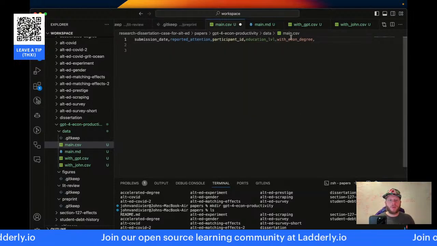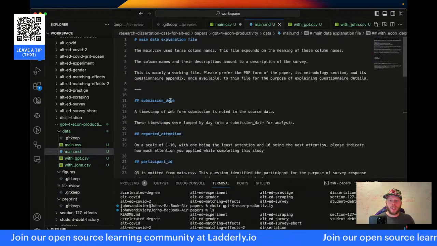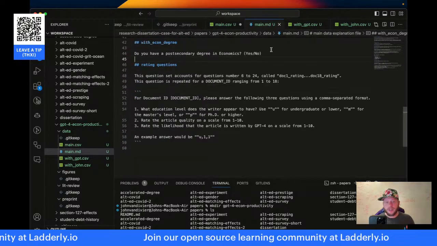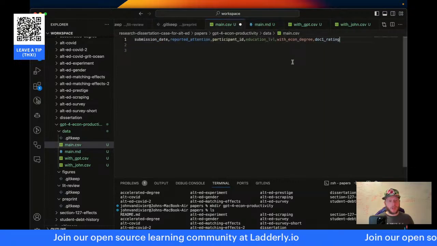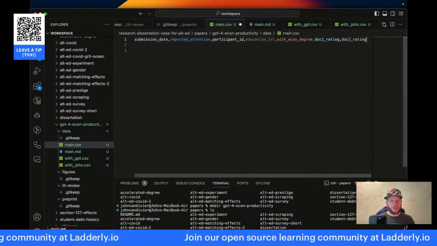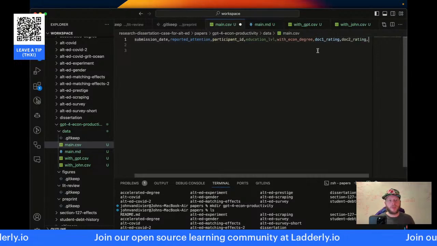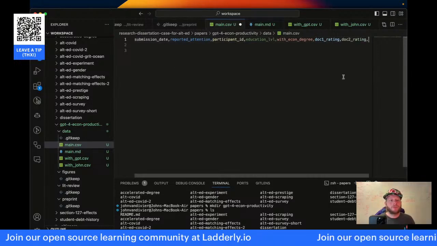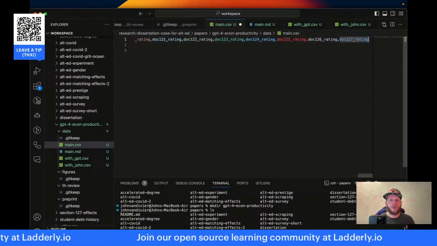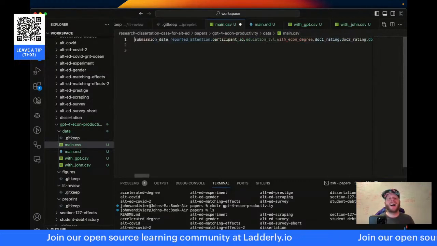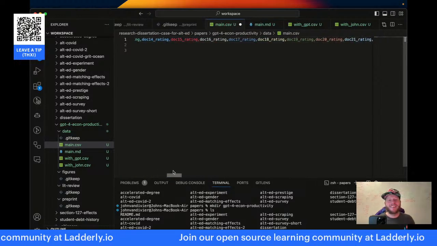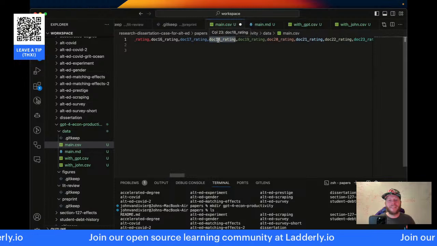1, 2, 3, 4, 5, and then the doc questions. Let's double check. 1, 2, 3, 4, 5, and then the doc questions. Right, indeed. Okay, so here I'm going to go, and now maybe the Copilot can help me here because it only needs to intuit within the file. How far did it go? All the way up to 127. That's way too much. Thank you, though. We want to go up to Doc 18. Okay.